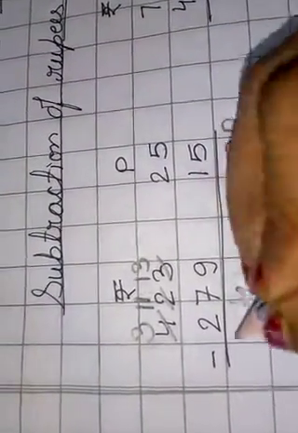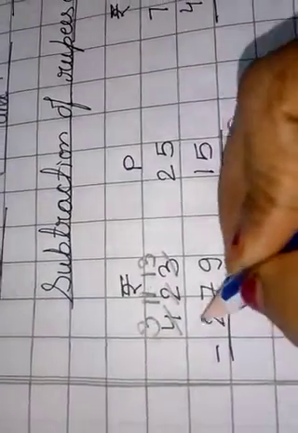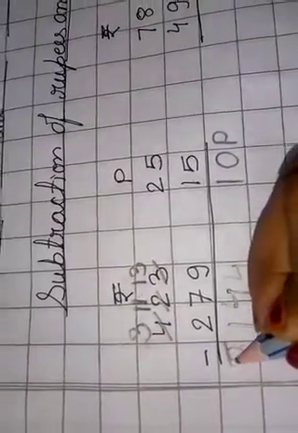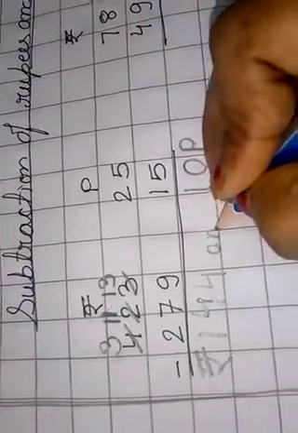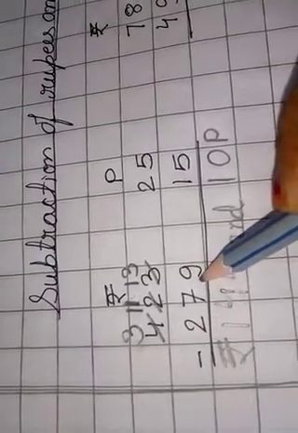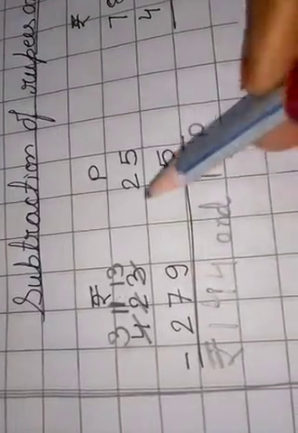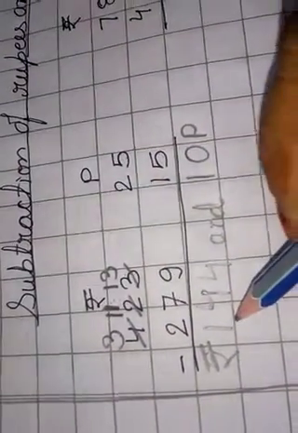Now here children, we have to subtract 2 from 3. When we subtract 2 from 3, we will get 1. And this 144 is the amount which is in rupees. So here we will put the symbol for rupees, and in between rupees and paise we write down 'and'. So after subtracting 279 rupees and 15 paise from 423 rupees and 25 paise, we will get 144 rupees and 10 paise. Let us solve one more subtraction.